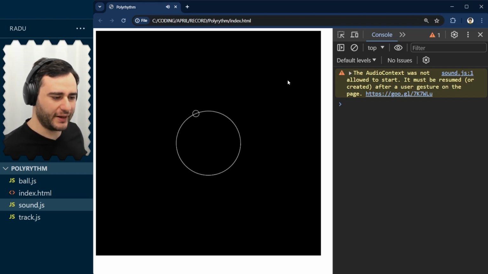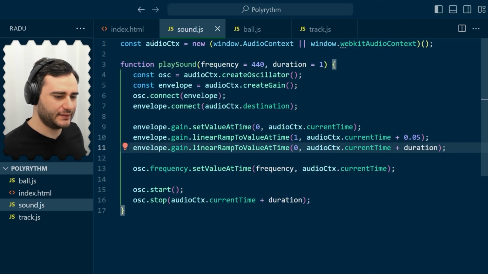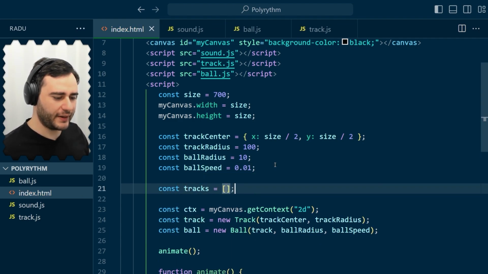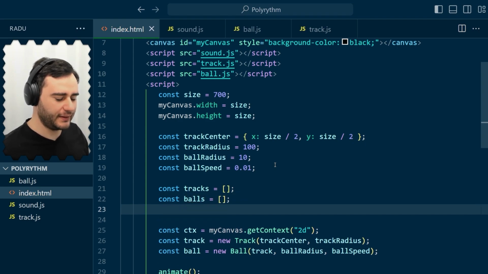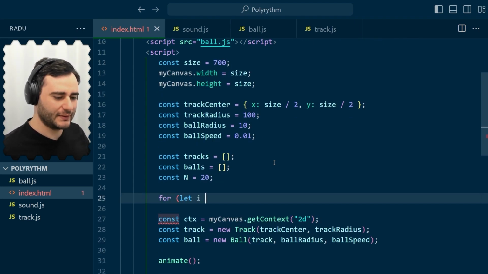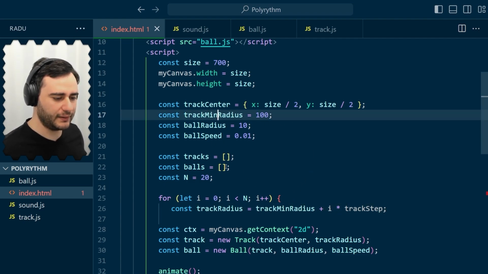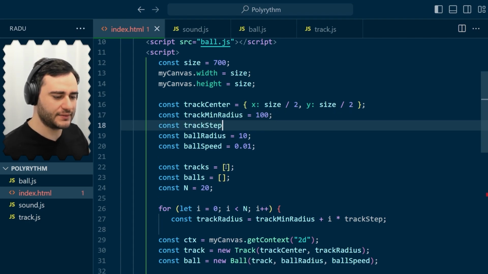Let's try making multiple tracks and multiple balls next. So in index.html here, we can prepare for that and say tracks is an empty array, balls is an empty array, and let's say we want 20 pairs like this. Now we can loop starting at 0 all the way to n. And the track radius is going to change. We can't rely on this fixed value anymore, but there is a pattern to them. It starts off at the minimum track radius and then increases at a fixed step. So all we have to do here is rename this to min radius and then track step, let's say